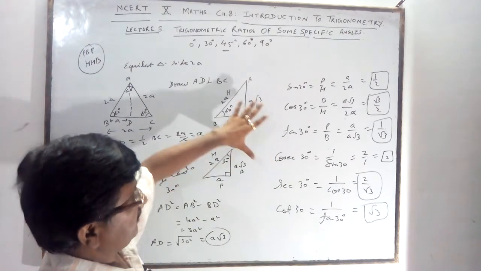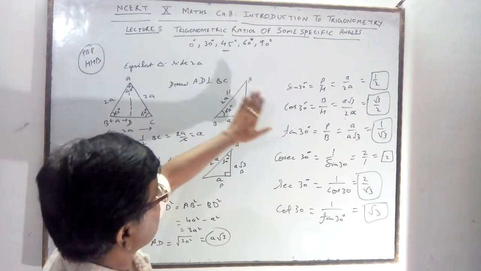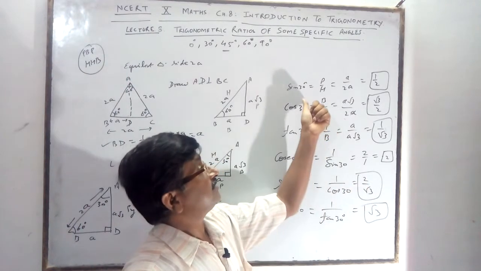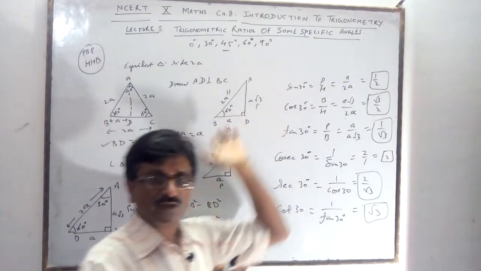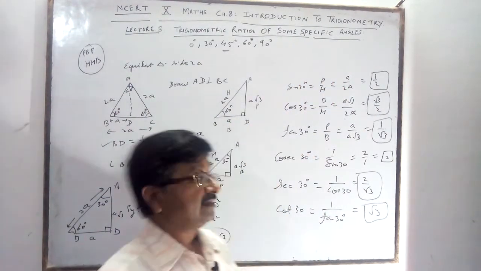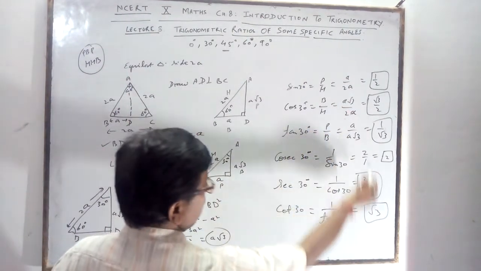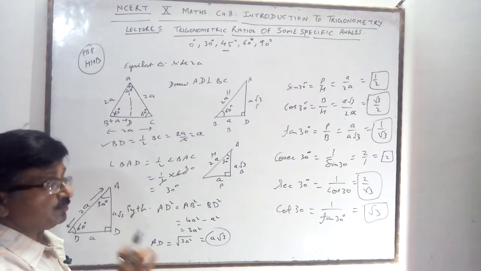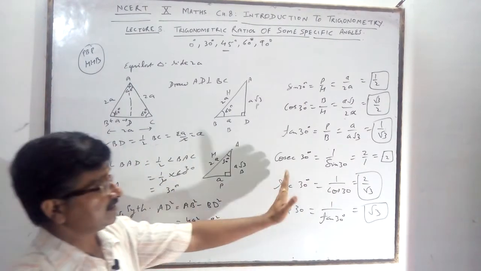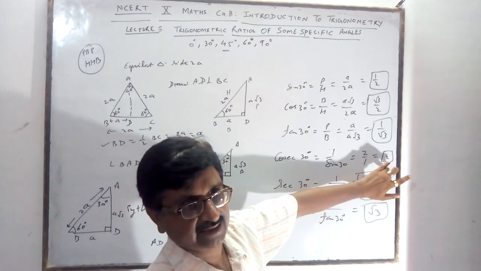So I hope it is very simple and you have already got it. How will you find out? It is only when the question is given, prove that sin 30 is equal to 1 by 2, that you will do this. Otherwise, you will get a table for all and then you will apply it. This is only for your knowledge. If the question is given, prove that cosec 30 is 2, then you will draw the figure and apply all the things. Otherwise cosec 30 is directly 2. You will not need to derive it, because cosec 30 is given in the book as 2 and it is correct.